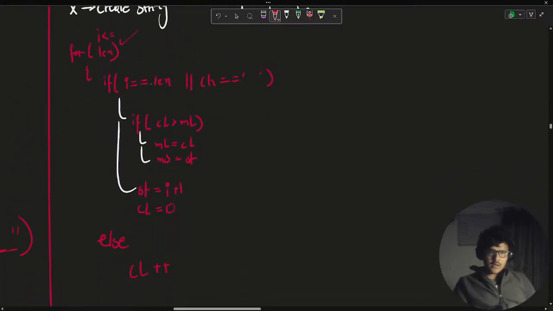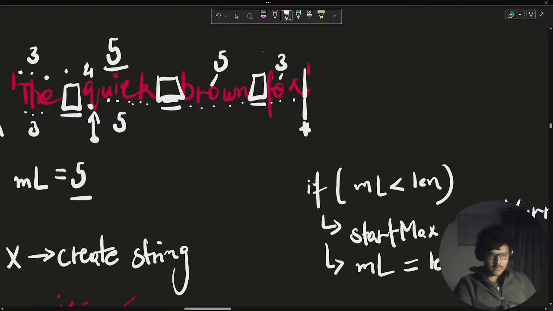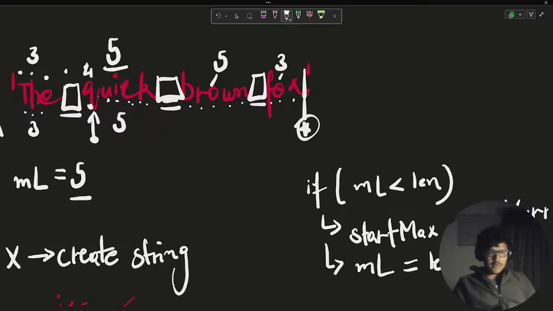Understood? I think you might be having doubts about this. See, when we reach the last character of the string, I'll come over here and try to explain it better. I told you that this is going to be a special case. When we reach the end of the string, and if we don't write the i equals length condition,